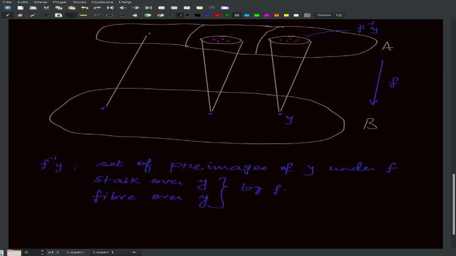So essentially, see, the whole goal was to find out sets which are in bijective correspondence, and that means they have the same number of elements,